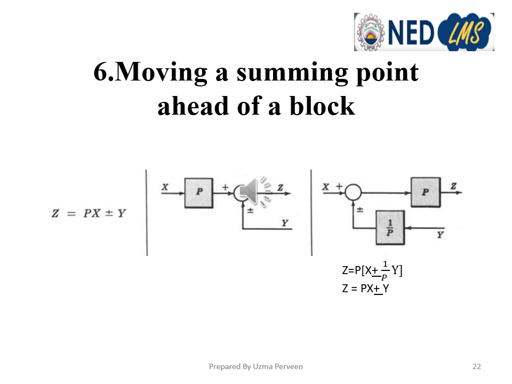Here again in the second transformation, we can see that z is the sum of two signals by a summer, because we have moved this summing point. So z is actually the sum of the two signals. The one is simply x, and the other one is 1 upon p into y, because y and 1 upon p are